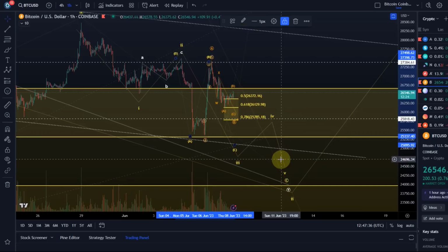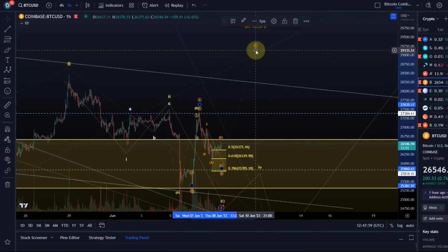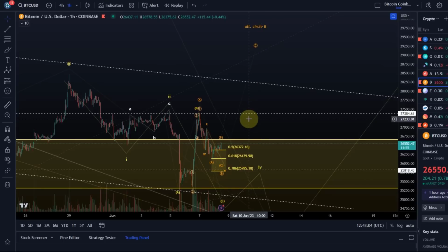So it will go lower. It would emphasize the idea that Bitcoin should head to sort of 24.5k. That's what we can see at the moment. However, as long as Bitcoin is holding that level, a further chop is possible and Bitcoin can easily go higher in the C wave. Better than trying to predict what is going to happen,